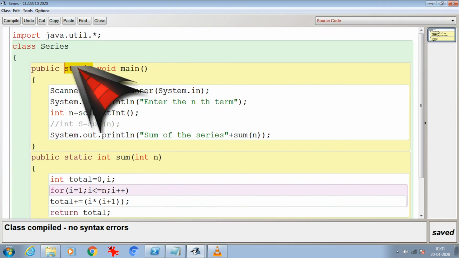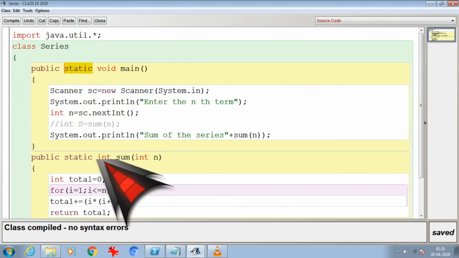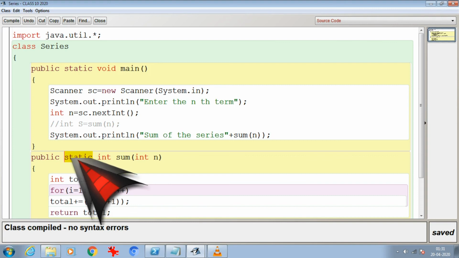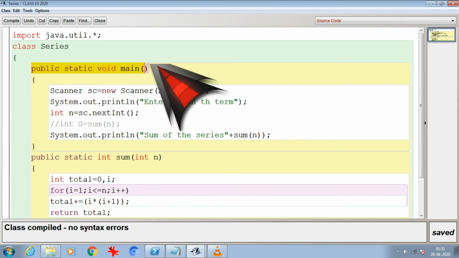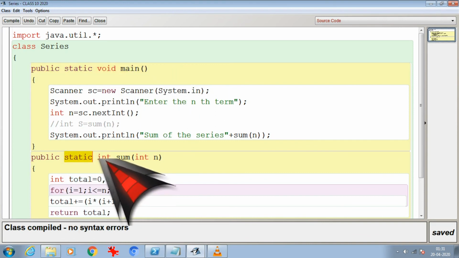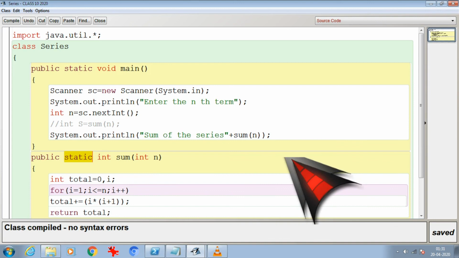Over here, especially in user defined methods, we use static. In main we will always use static, but after this class, whatever methods we are going to use, we will not use the keyword static in the method. So if I don't use the keyword static, what are the changes I need to make in my program? That we will see next class onwards.